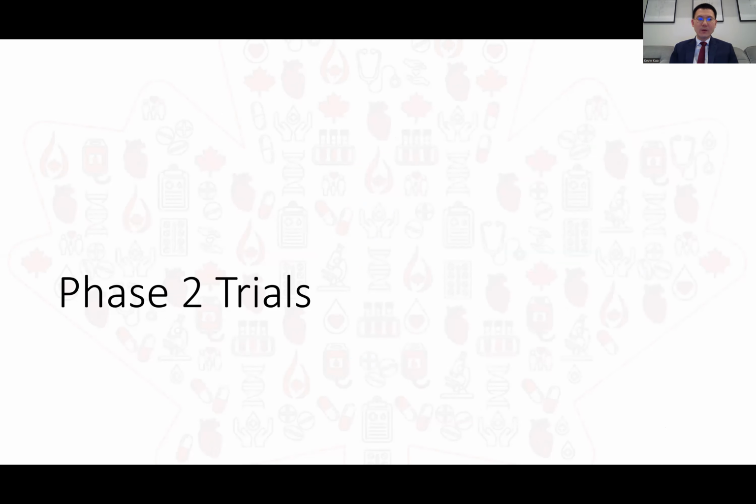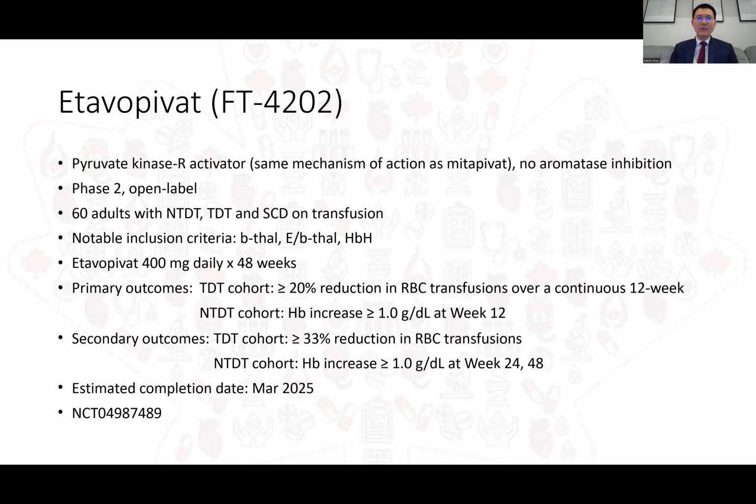Next, we'll move on to phase 2 trials that are in progress. First is etavopivat, also called FT4202. It is also a pyruvate kinase R activator and shares the same mechanism of action as mitapivat, although it does not inhibit aromatase. In a phase 2 open-label study of 60 adult patients with non-transfusion dependent and transfusion-dependent thalassemias, as